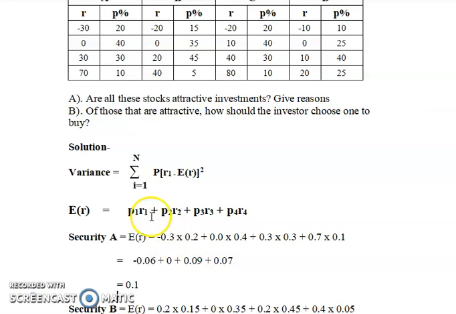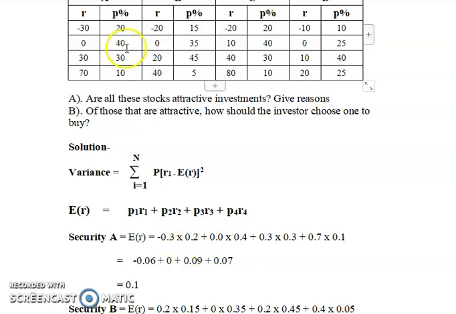This is for every return, the different types of returns, so I have to just accumulate for all these. There are four different types of return, and for each stock, for security A, for each one we have different types of returns, and each return has a particular probability. What is the probability that you would get this much return?